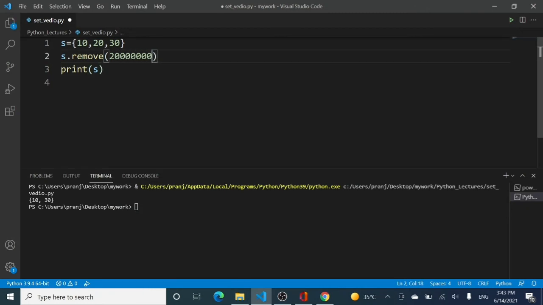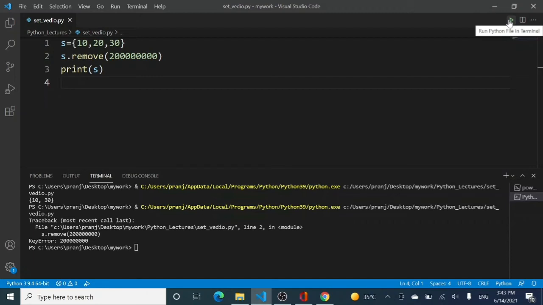What if I call remove with an argument of an element which is not present in my set? What is remove going to do? If I run the code now, you can see that it has raised a key error with the argument that I have passed in remove's parentheses, which clearly indicates that this value is not present in my set. Now the issue is, what if I want to remove something from my set which is user defined? That means if I ask the user to enter the value they want to delete, and users are actually humans, and humans can make errors.